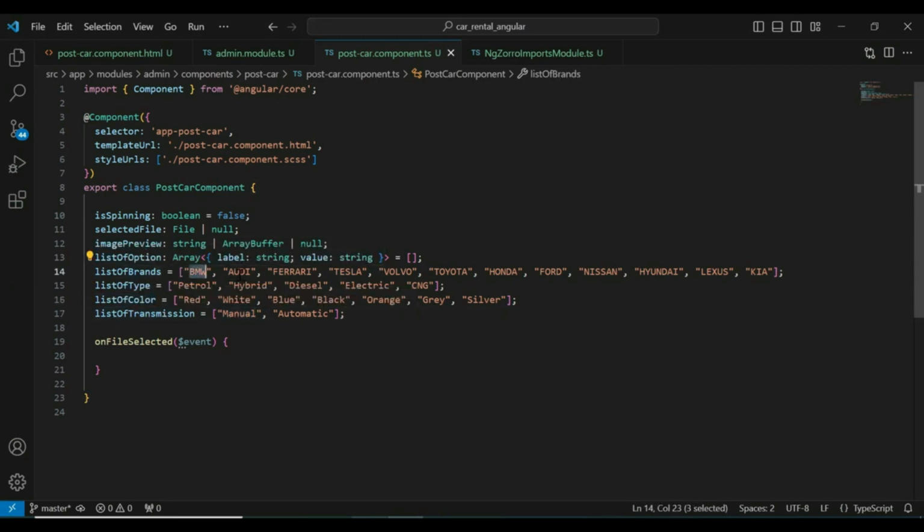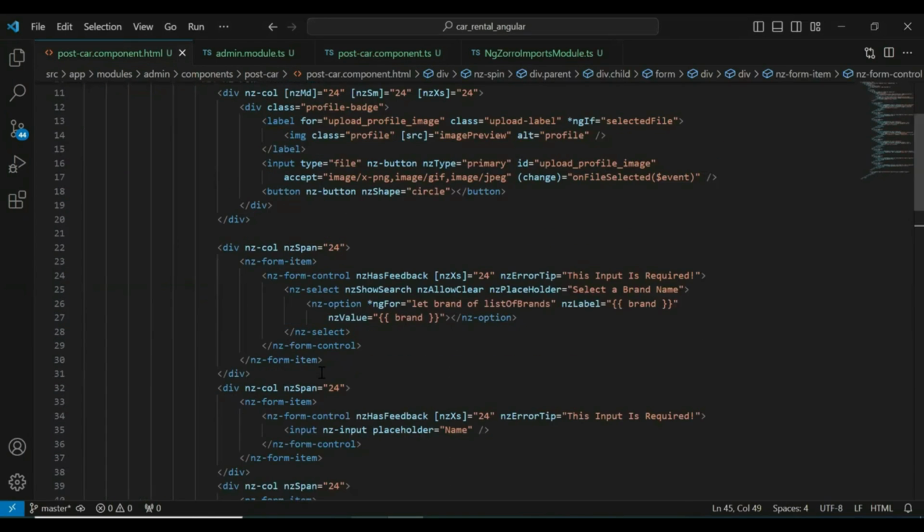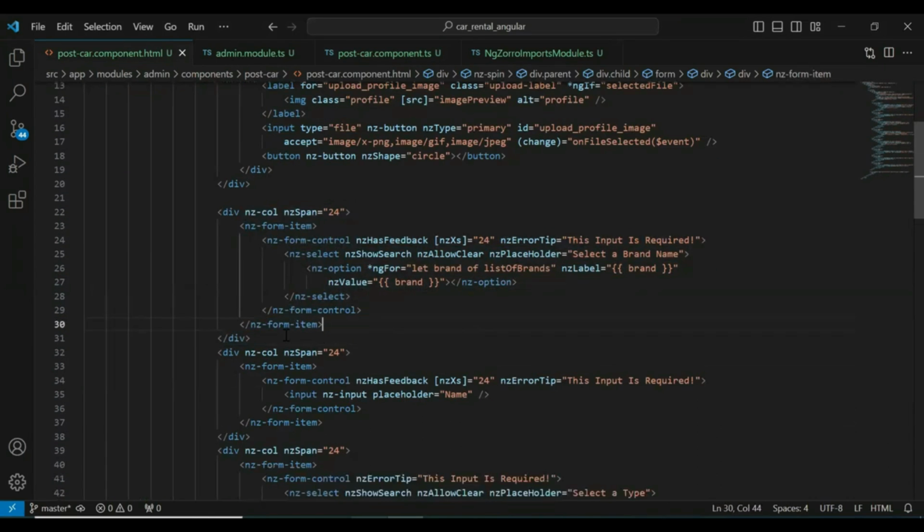You can see here I added all the brands into the array, and you can see the types, that is petrol, hybrid, diesel, and you can see the panel, and you can see the transmission that is manual and automatic. So let's go to our HTML, and you can see the import for the brand where we have a drop down where we are showing all the brands into the drop down. Because I have added here the for loop where we are getting the brands one by one from the list of brands,